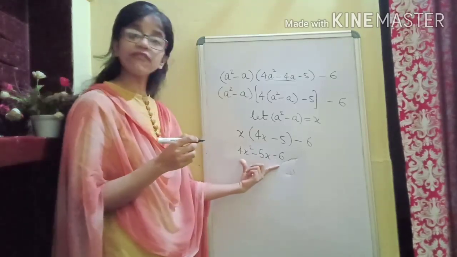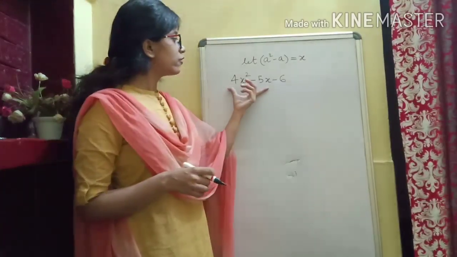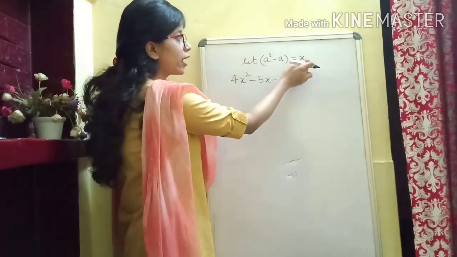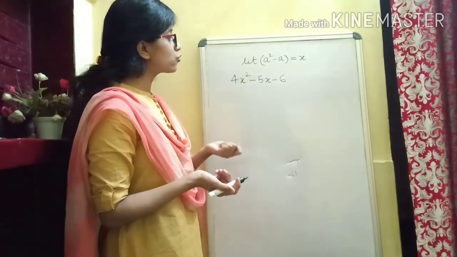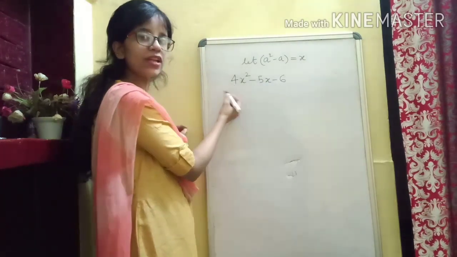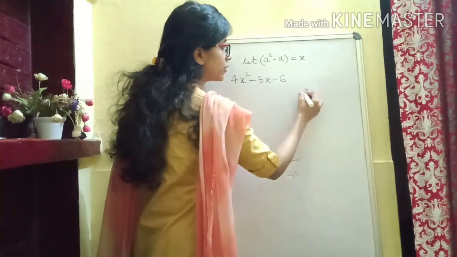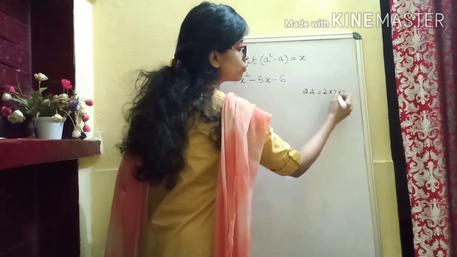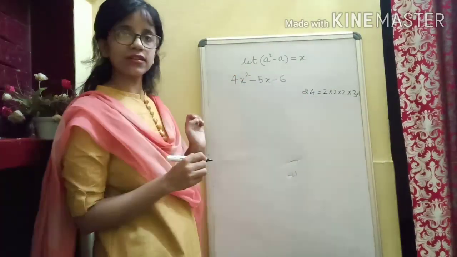So now you see, this is a very simple question of a trinomial, and you know how to factorize this. So here we are having our reduced trinomial when we have substituted x in place of a square minus a. Now it is how to factorize the trinomial. We know we take the constant term and the coefficient of x square and we multiply. So 6 times 4 is 24, and when we factorize, I will be writing the factorization here. It will be 2 into 2 into 2, that would be 8, and then 3. Okay, and always we take 1 as a factor.